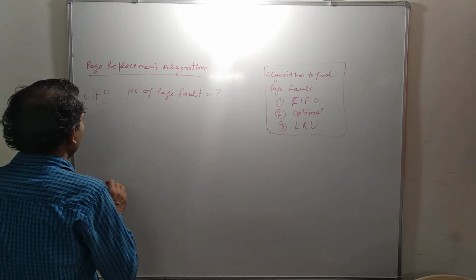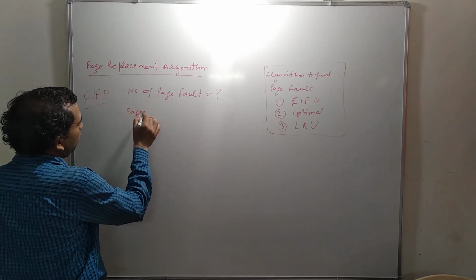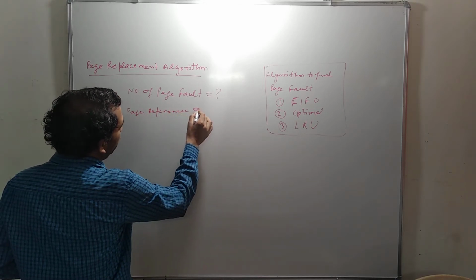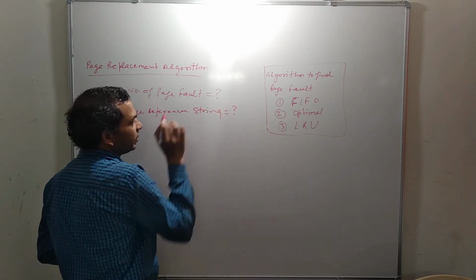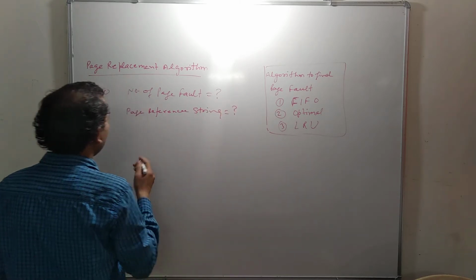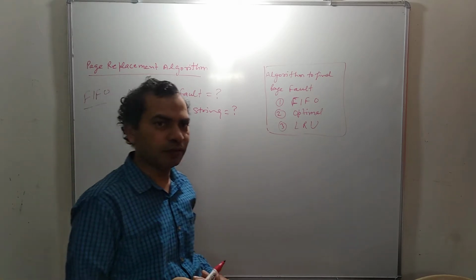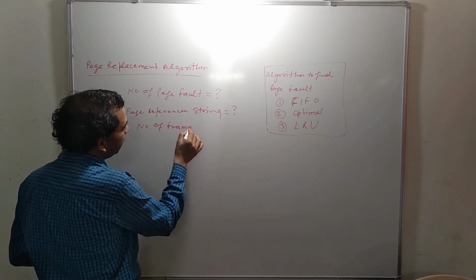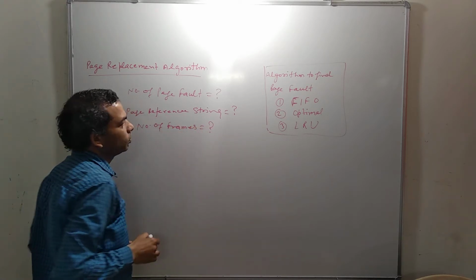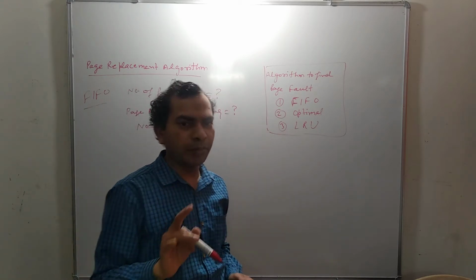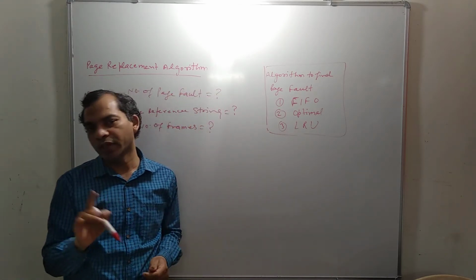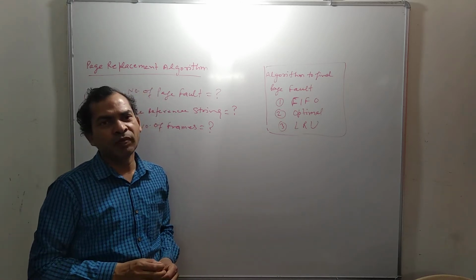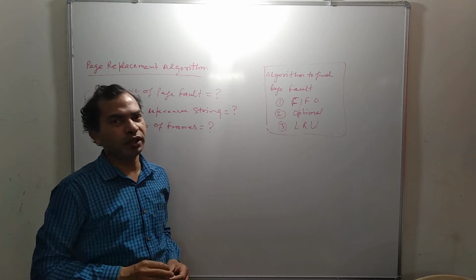First of all, we need a page reference string, which we want to search. This is either something we have to think over, or it has been given in the question itself. Also, the number of frames, how many frames we are taking in the memory, in the RAM, also has to be given here. So the 2 parameters, the number of frames available and the reference string from where you want to find out the page faults, have to be given.